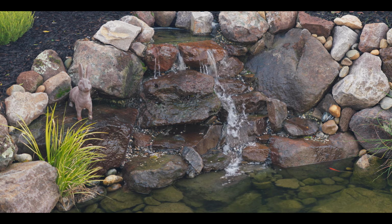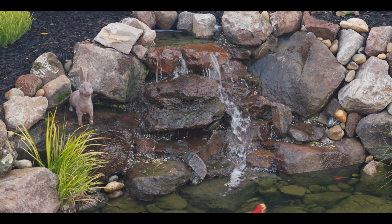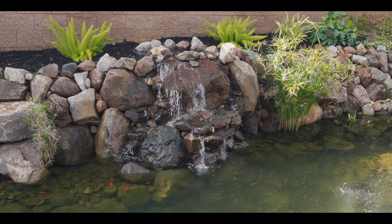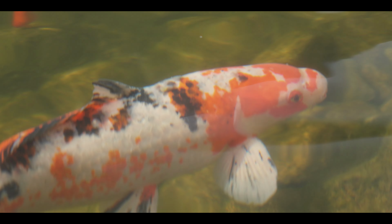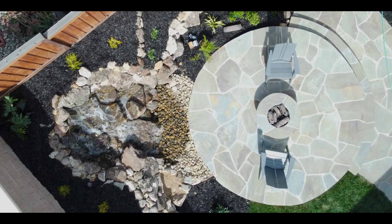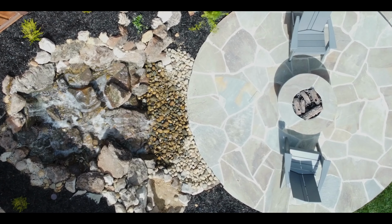I think having a home with a pond and water features just enhances it. It gives you really good reason to always go outside and enjoy your backyard. In the previous house that we had, we only had a pool, and we would only enjoy it during the summer season. But now having a pond and having the pondless waterfall, we use it all year round, because it gives us a reason to go out and enjoy the backyard